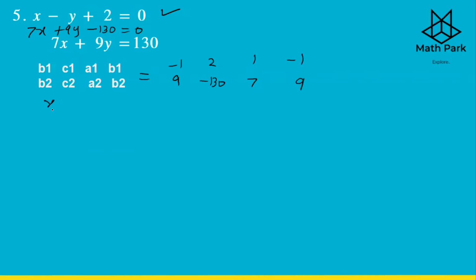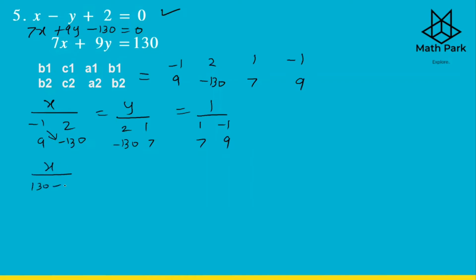So we have x upon minus 1, 2, the first, this two group, upon 9 and minus 130 is equal to y upon 2, 1, minus 137, and is equal to 1 upon 1 minus 1, 7 and 9. Do the cross multiplication. Minus 1 into minus 130 is going to be 130, minus 9 2s are 18, is equal to y upon 2 7s are 14 minus of minus 30. 1 into minus 30 is going to be positive 130, minus of minus, so it becomes plus 130, is equal